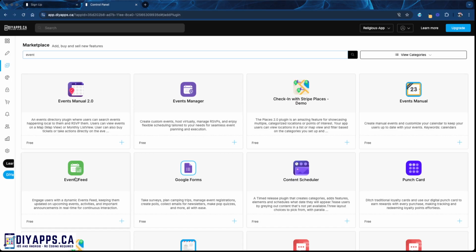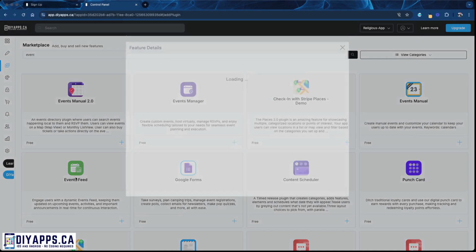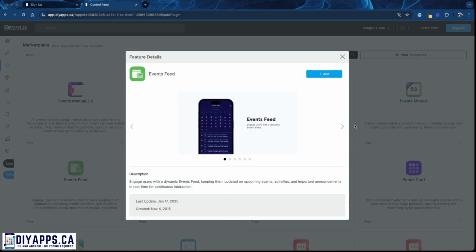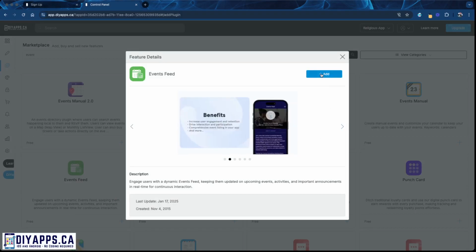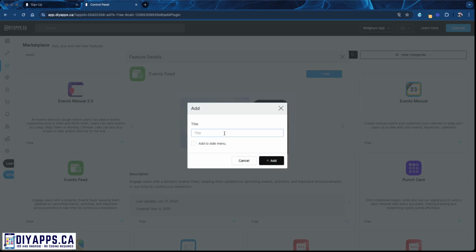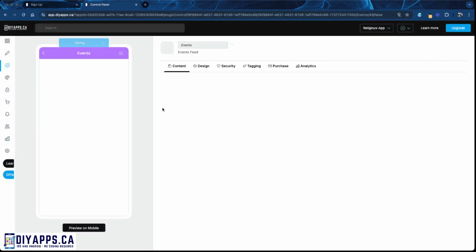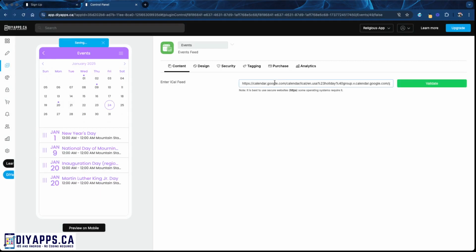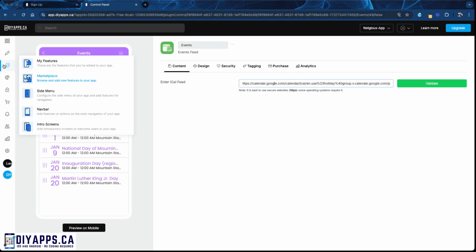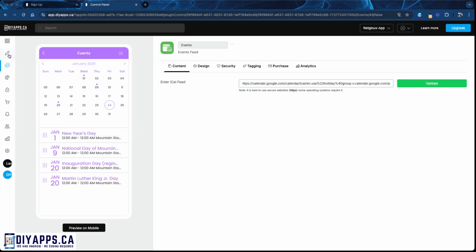So let's say you always have your events on a Google calendar. You just link it with your feed, and it will automatically be adding them as you add it in your calendar. It should add here automatically. So that's one way I also use for my clients. If they don't want to update on the app itself, you can just update it on one section, and then it automatically synchronizes with the app. If we go back,